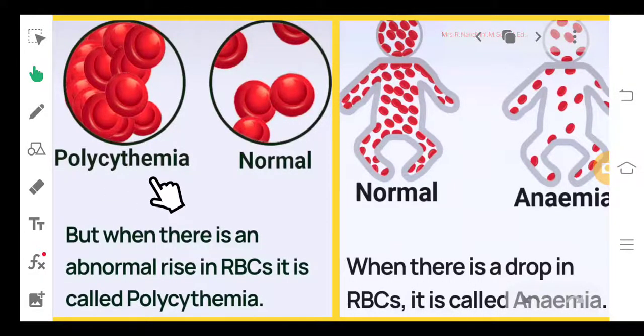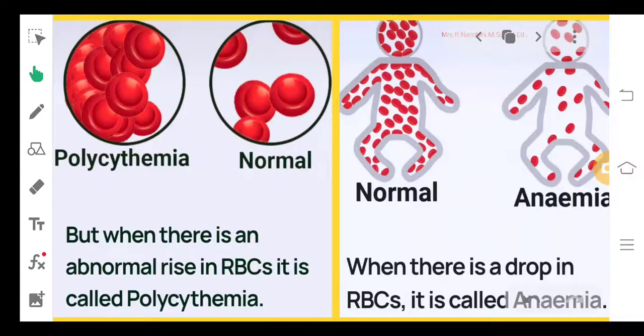Then this is polycythemia. Polycythemia means an abnormal rise in RBCs. So, an abnormal rise. This is a normal blood cell. Then this abnormal rise is called polycythemia. Then anemia, this is anemia,